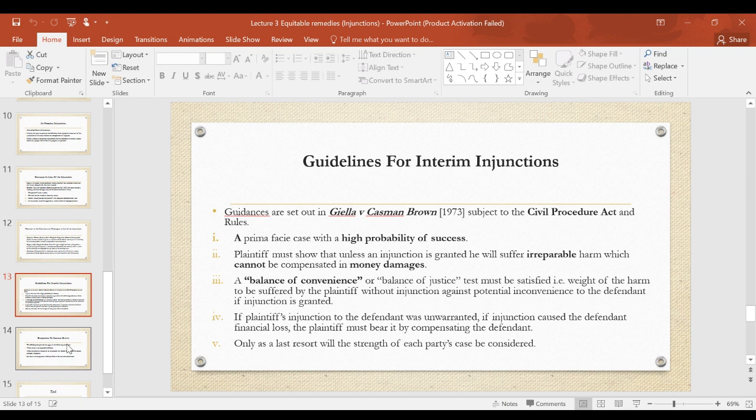Lastly, Giela versus Castman Brown also finds that an interim injunction as a relief should only be granted by the court as a matter of last resort, by weighing the strength of each party's case. So if they weigh the strength of the case itself and see the defendants have equally a good case, and maybe they are saying we did not encroach on this property, we have the right title, and the plaintiff also saying we have the right title, then the court may be apprehensive to award this interim injunction and wait